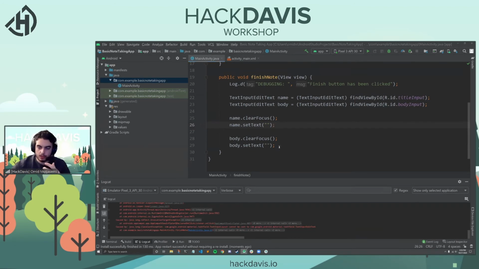So now we need a way to actually store this text somewhere. So like when you take a note, you want it to be somewhere so that you can see what it said, right? So in order to do that,